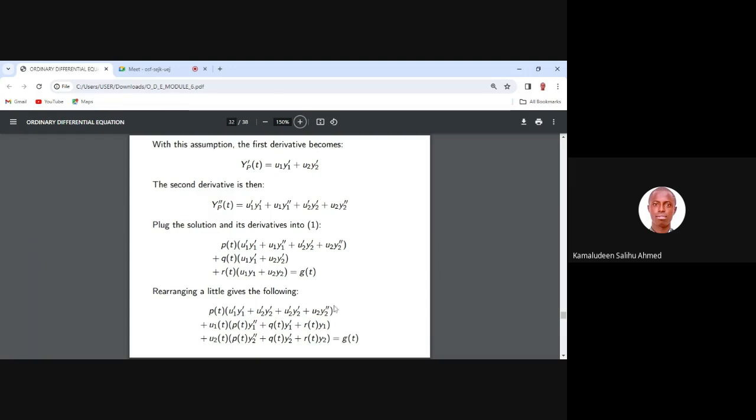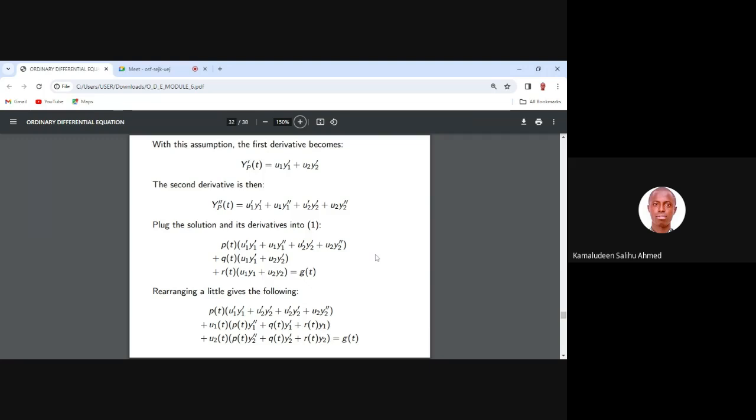So I don't want it to be that. That's why I cut it down here. I'm bringing the plus here. It's still the same. So the last one, we have our r of t, which is a constant also. Then this u1 y1 plus u2 y2, don't forget, is our initial y p of t. Then it equals g of t, which is the